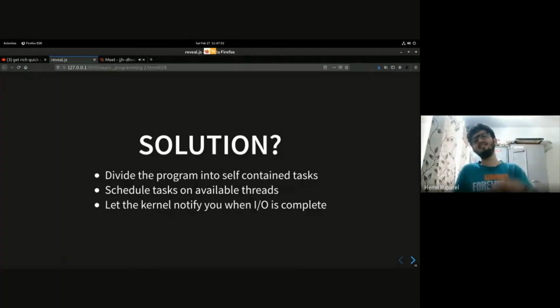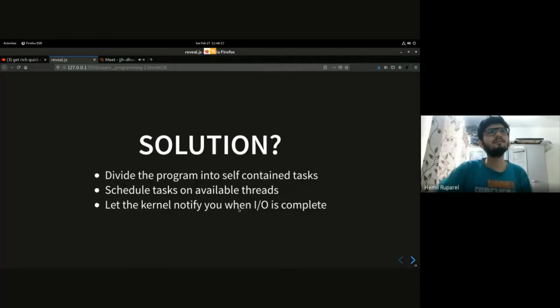When I execute that particular lambda, it does not have any external state, no external references and such. It's a function, it just executes. So that's self-contained tasks. And then we can schedule those tasks on the available threads. And for input output, we can use the kernel to notify us when some input output is complete.